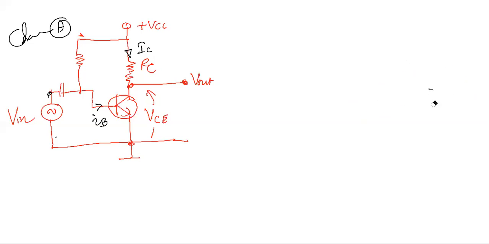So if you connect the capacitor to here, the same circuit, the only difference is you are connecting the load via the capacitor. You have to connect the capacitor here, and then across the capacitor, you have to connect the load. This is the RL. In the previous case, you just directly gave the output voltage to the load, but here you are giving a signal to the output via the capacitor. Then we call it the capacitor coupled class A amplifier. Just write down this one as the capacitor coupled class A amplifiers.